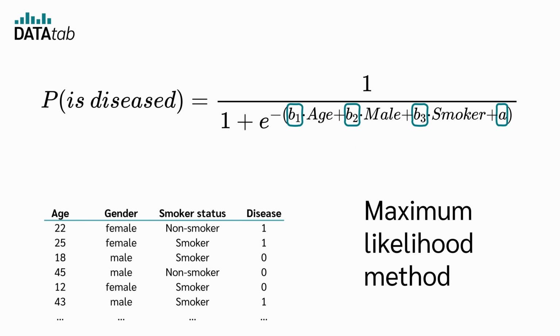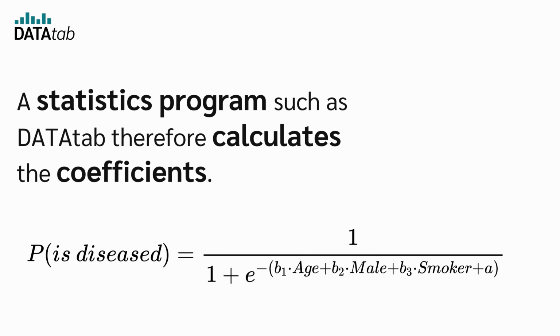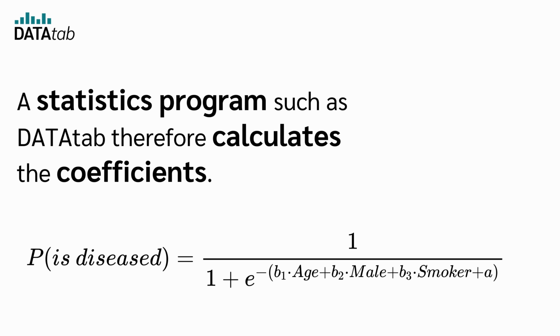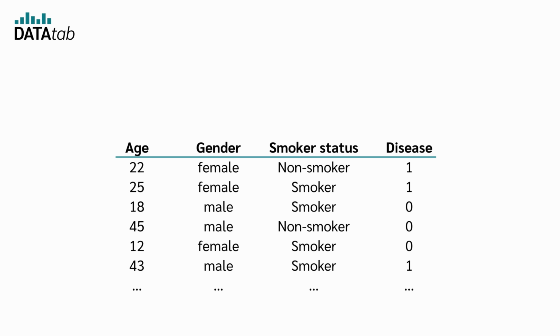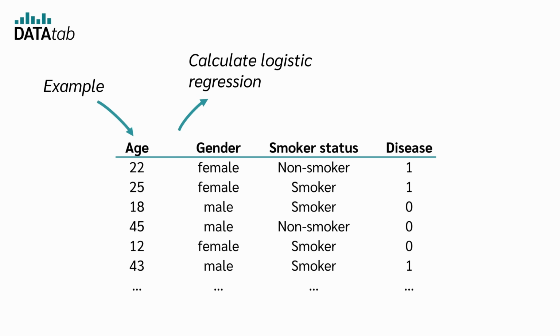This is done using the maximum likelihood method. For this, there are numerical methods that can solve the problem effectively. A statistics program such as DataTab therefore calculates the coefficients. Alright, let's work through this example on how to calculate a logistic regression and then look at how to interpret